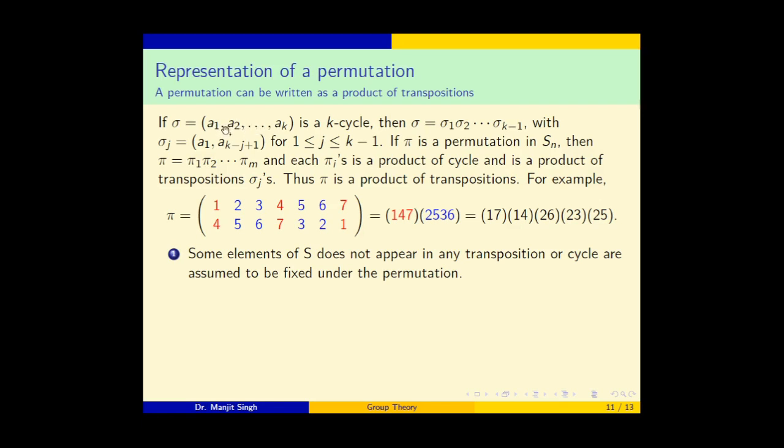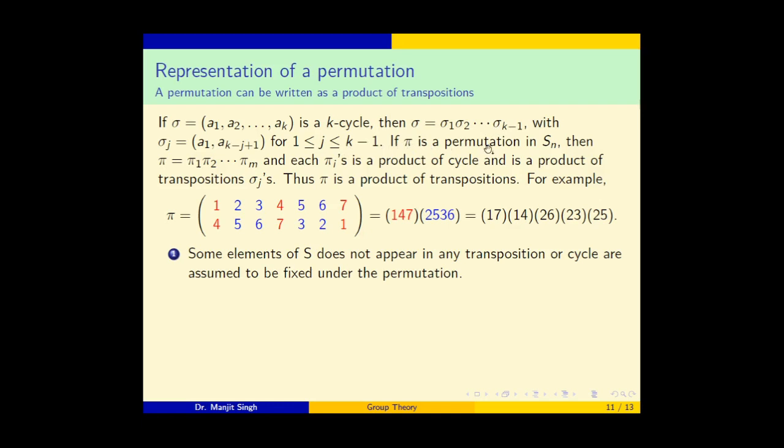So in this way we can finally write A1 A2. Every cycle can be written as a product of transpositions like this. This is not a unique way, however we can express it in such a way. This is a standard way of expressing. However, we can have different ways to express a cycle in a different number of transpositions.